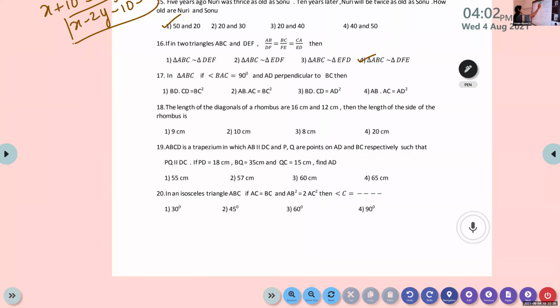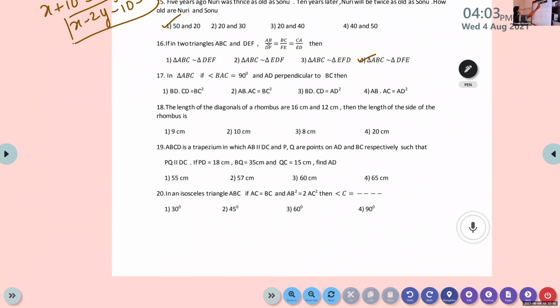Look at here. AB by DF. If you take the first 2 letters, AB by DF is equal to BC by FE is equal to CA by DE. No need to draw the figure. Okay, you can check it from here. If you take the first part, AB by DE, you are not getting AB by DE. So it is not possible. Now look at the next one. Here also you get AB by ED. The next one, AB by EF. If it fails for any one of the conditions, you leave it. You go with the next option.